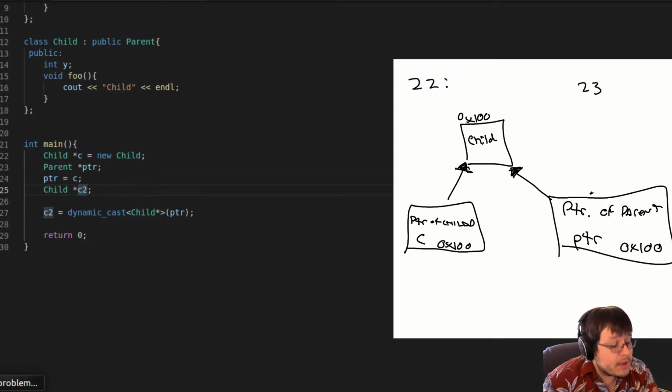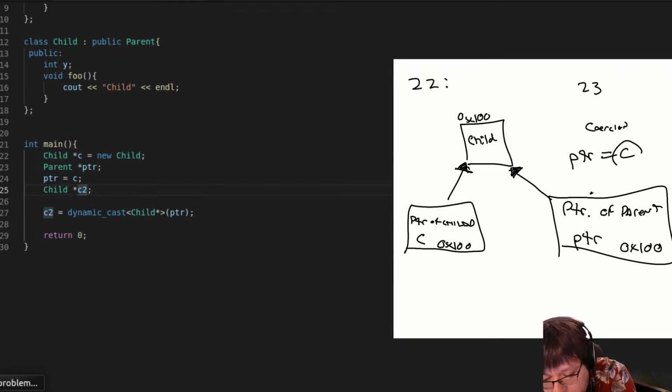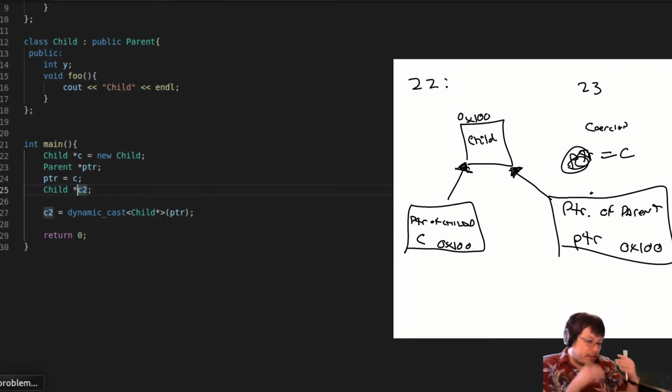We know, because we coded this, that even though this is a parent pointer, it is really containing a child object. Now the compiler has no problems with you casting or coercing a parent into a child. So when we did the PTR get C, there was coercion happening there, where a child pointer became a parent pointer. So in the hierarchy of things, we basically made something that was a child into a parent. That makes us technically lose access to things,